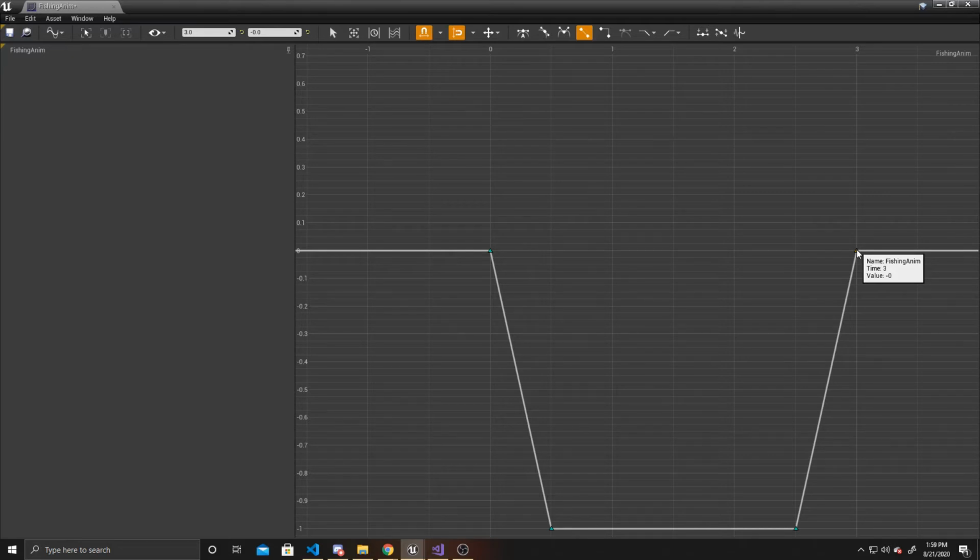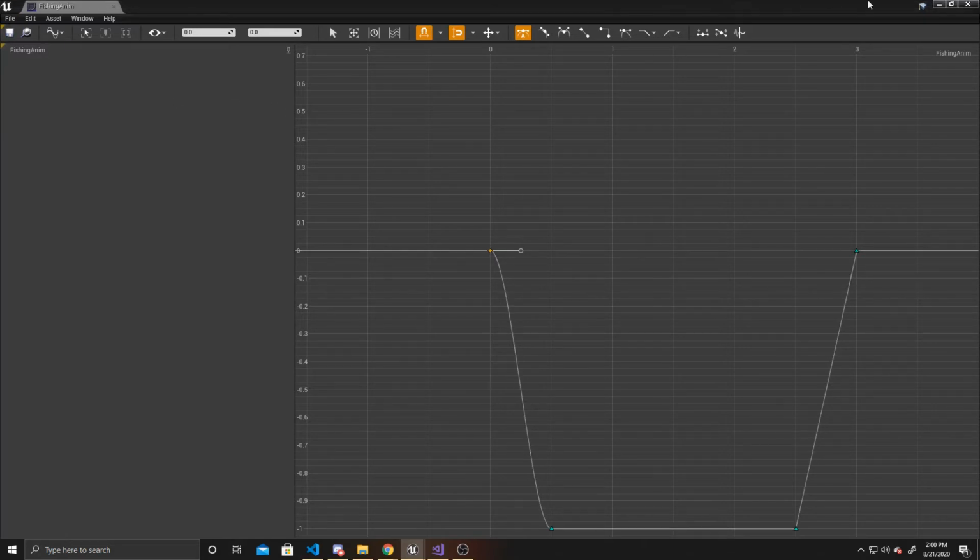Another thing that I want to do before we finish this is actually have it be curved in the beginning. So if you go up here, you have different types of curves that you can have, and I want mine to be an automatic curve. So I'm going to click on this first point and then click automatic. As you can see, it makes it more curved and not just a linear line. That way it starts off slow and picks up speed and then slows back down again towards the end of that specific movement. I'm going to leave the other line linear so that it's a constant movement for the reeling in. But now I can go ahead and save this,